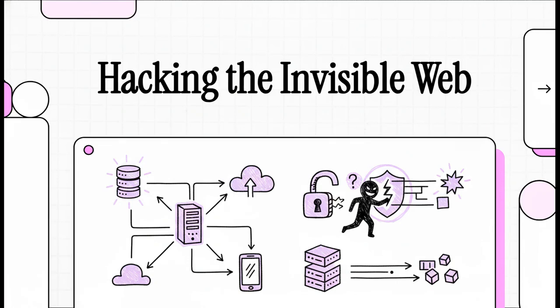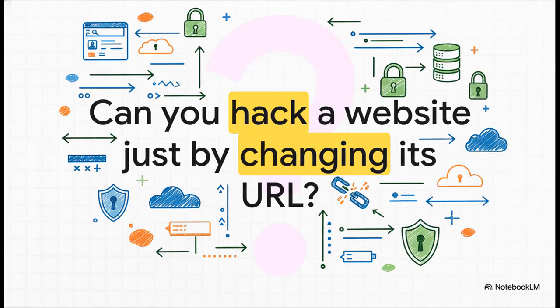All right, today we're going behind the curtain of the internet. We're going to look at the hidden machinery that makes all of our favorite apps and websites tick. And, more importantly, how it can be broken, leading to some really massive data breaches. So let's kick things off with a question that honestly seems a little too simple, right? Can you really hack a website just by messing with its URL? Well, the answer reveals this huge invisible part of the web that security pros are fighting to protect every single